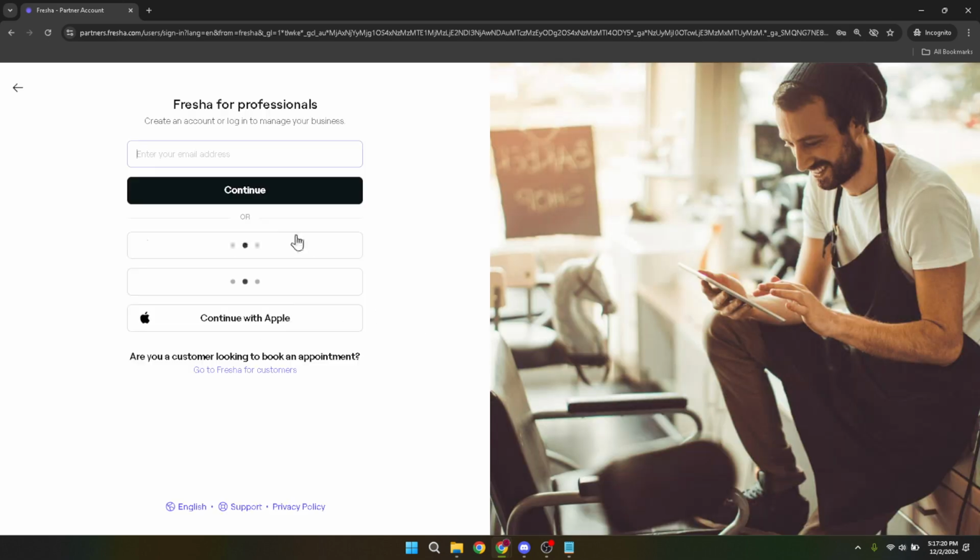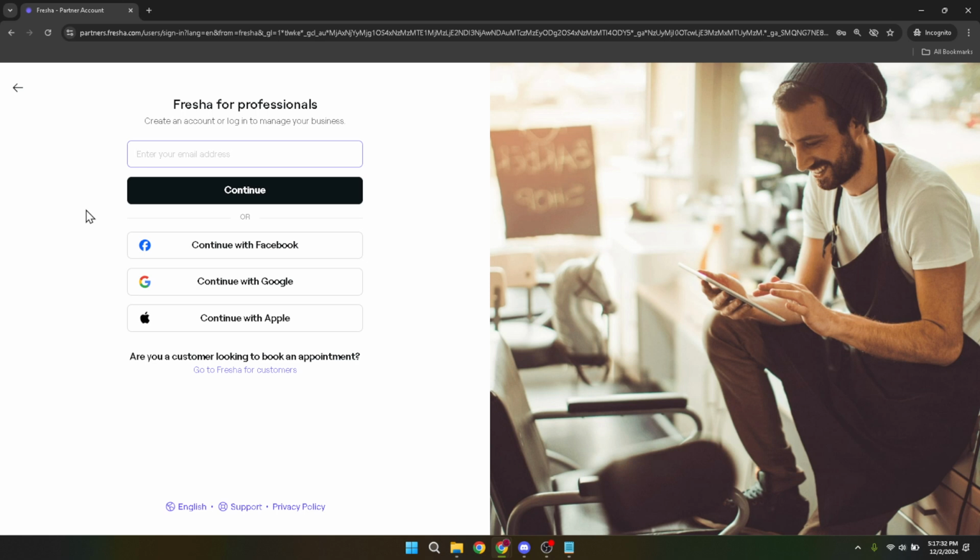Once the page is loaded, you'll notice a login option. Clicking on this is your first step into accessing the back end of your account where all your business tools are housed. Just follow the prompts and it will guide you through. The subsequent step involves selecting the For Business option once again, this time from within the login environment. This ensures you're accessing the business side of the platform where you have the capability to manage discounts among other features.